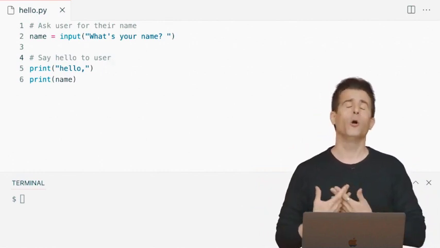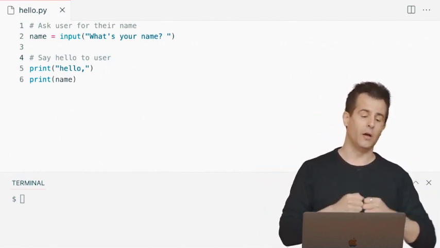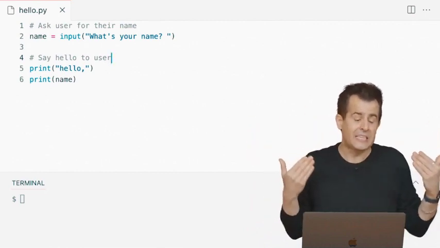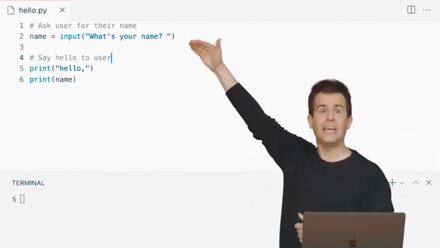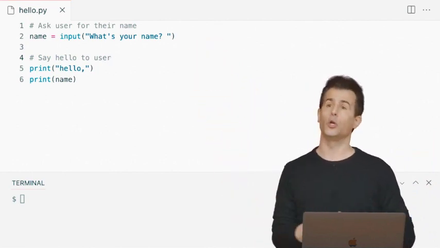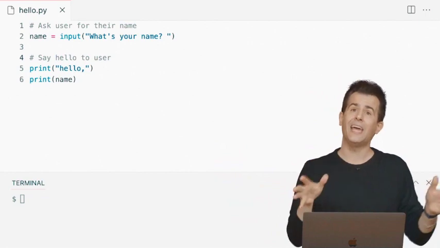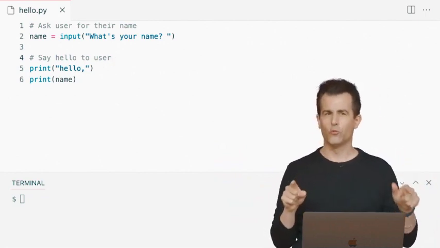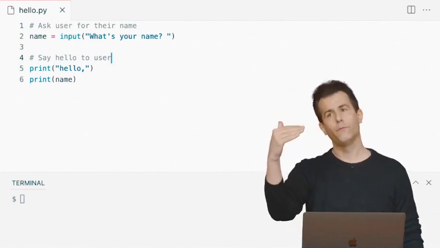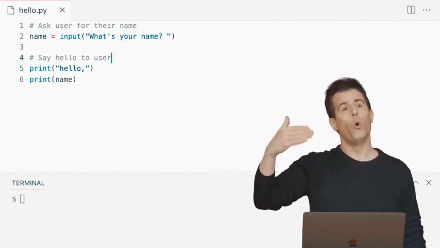Why? Well, tomorrow morning when I wake up, having slept for quite some time, forgotten what it is I did the previous day, it's convenient with comments to just see in English or your own human language what it is this program is doing so that you don't have to read the code itself. And better yet, if there's maybe a mistake down the road, you can read what your intention was, and then you can look at the code and figure out if your code's now doing what you intended.